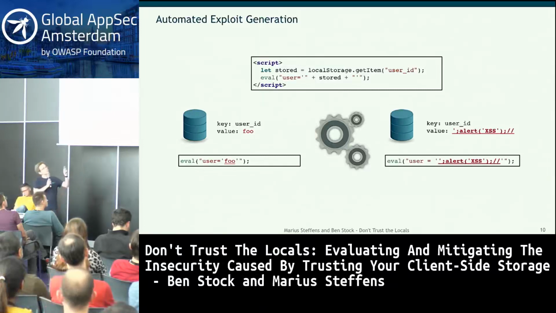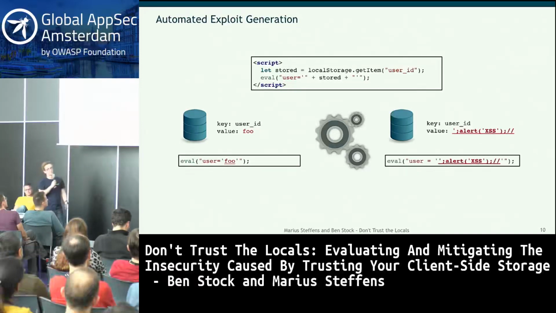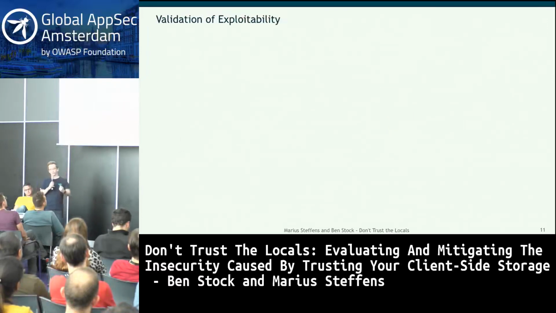So having such an exploit candidate does not yet mean that we have actually found a cross-site scripting vulnerability. And that is simply because if we change something in the browser, a data flow can also be changed. So if there is a routine which checks that the value stored in one of these stores has a certain structure, and now we change the structure, the data flow might just not happen. This is why we need to validate that our candidates actually work in browsers.